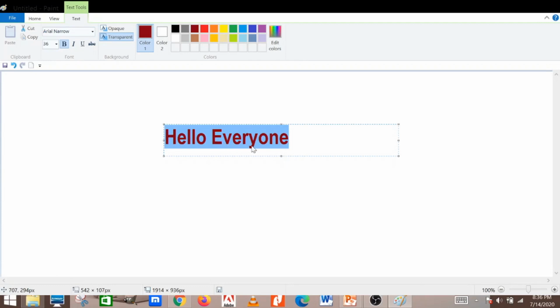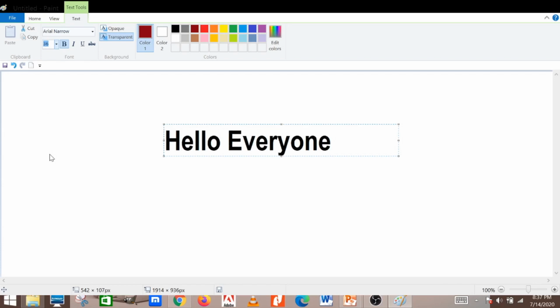Suppose you want to increase or decrease its size. Here you can see numbers written from 8 to 72. These are the sizes of the text. You can choose any size, and you can see your text size changing accordingly.